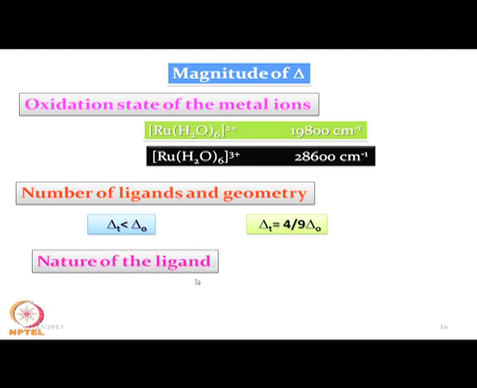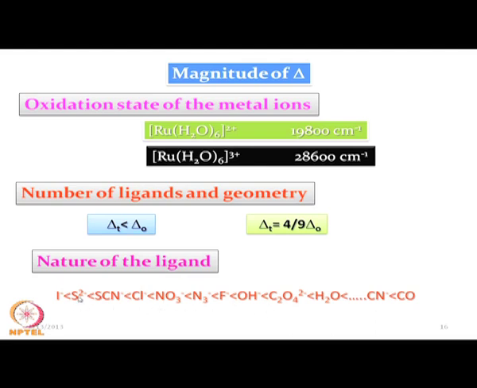Then the nature of the ligand can also change the corresponding environment, which we have already seen. Now we have elaborated a little bit on the corresponding spectrochemical series. The spectrochemical series, what we have seen earlier, is iodo, bromo, chloro, fluoro, then we have water, then ammonia and ethylene diamine. Now we have added some more ligands to that particular series such that we can have an extended series involving most of the common ligand systems.